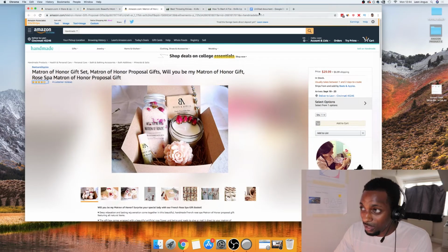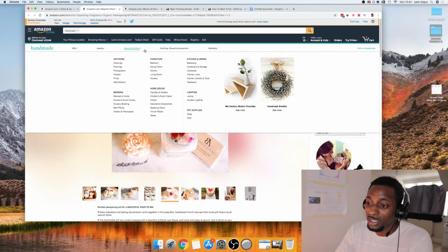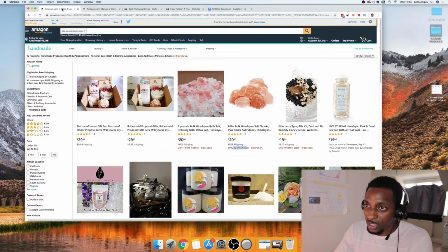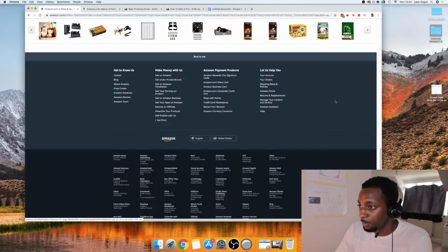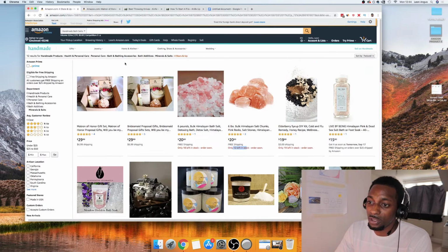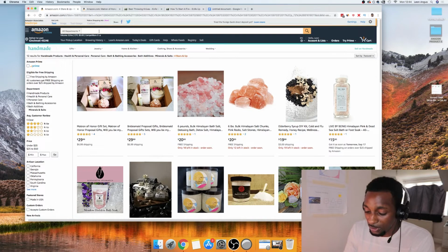All right. And then the last thing you want to check is the landing page. So you see this page here, for example, one thing I will say is this is a nice page. It's pretty nice for an Amazon page. But what you'll find is, if I show you a few examples, sometimes you'll find these really dodgy looking pages on Amazon, which is really weird. I don't know why they're there sometimes, but you'll find these pages that are just dodgy looking, they haven't got information on them, and